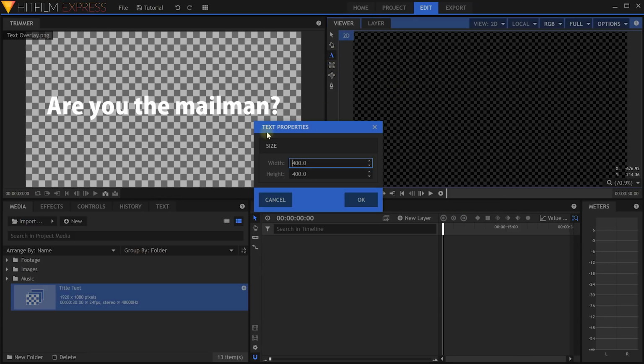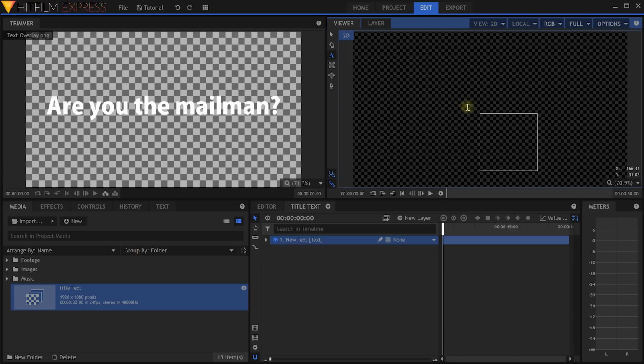This is going to pop open the text properties, and these ones aren't that important, we can tweak them on the fly. Simply hit OK, and you want to make sure that this little text box that we've created is blue. Right now, some selection didn't quite work, so let's double click into this text box to make sure it's nice and blue, and then you can simply start typing some text. Now, because we left this text layer at the default properties of 400 by 400 pixels, the text is now